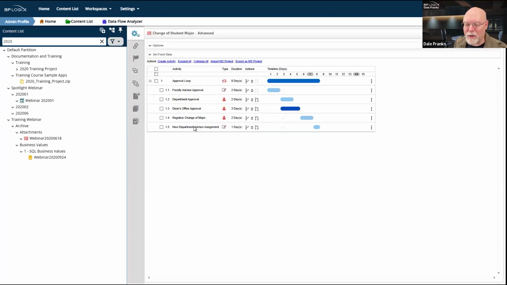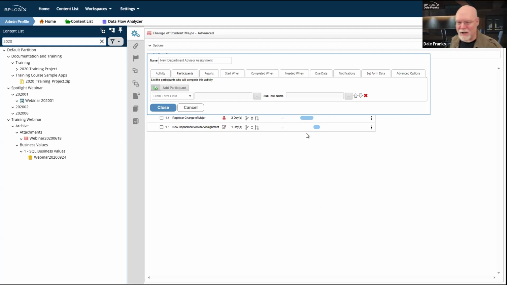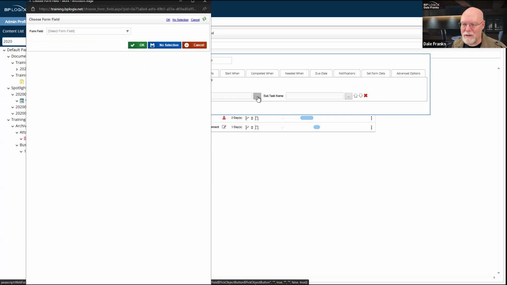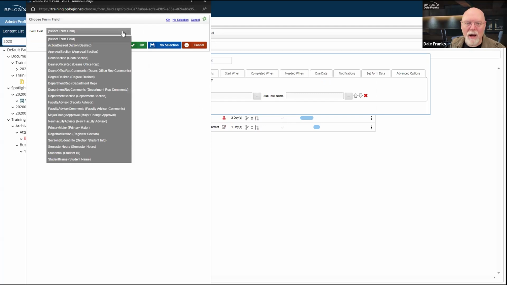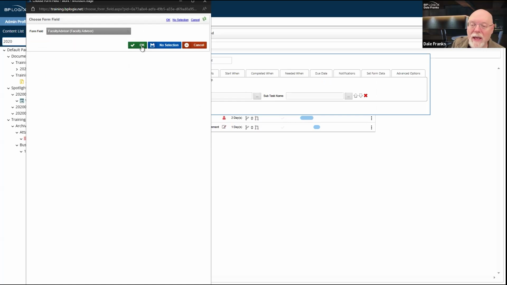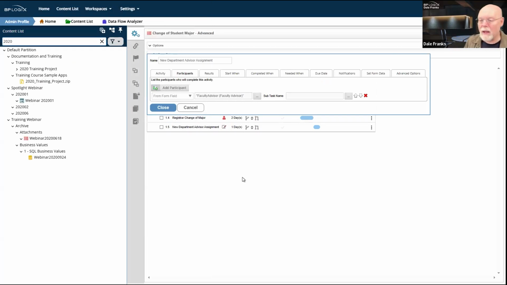no, that one's at users. There we go. New department advisor assignment. It's from form field. Now, the form field is not set out here because this is the user's version of it. This is not the completed activity. So a user would actually have to go in here and do this, but it would be, I believe, faculty advisor, which is the user picker form. And so this from form field will now just automatically assign to whatever user gets returned from the faculty advisor form field. So in this case, the faculty advisor is an authenticated user.